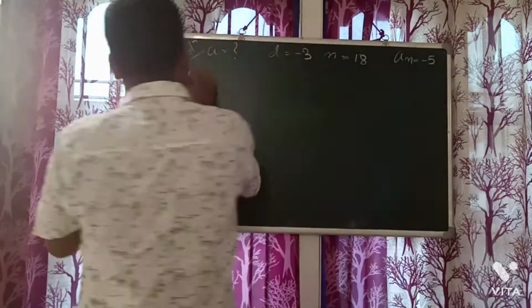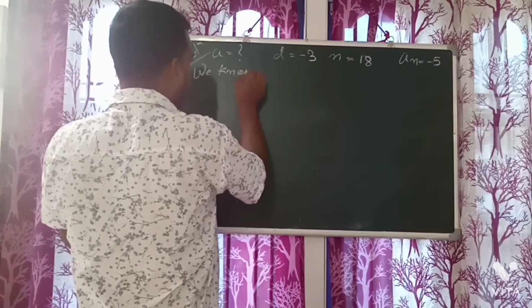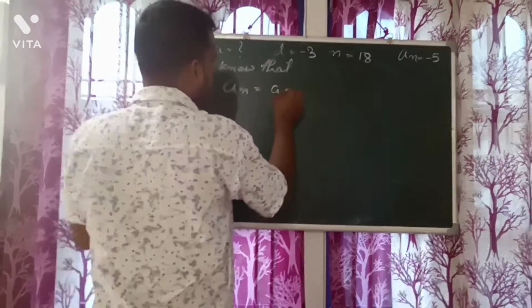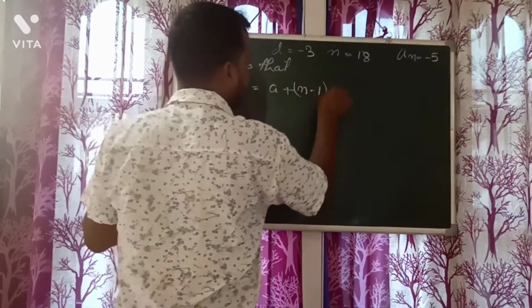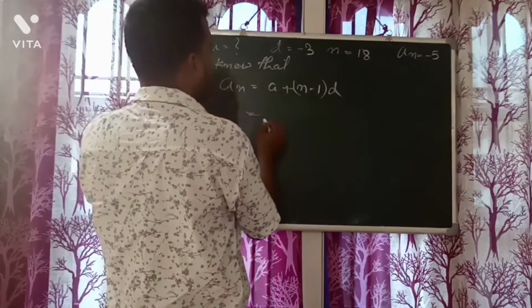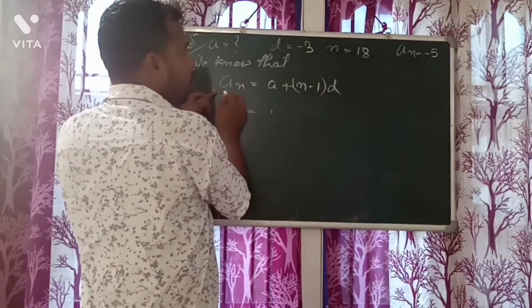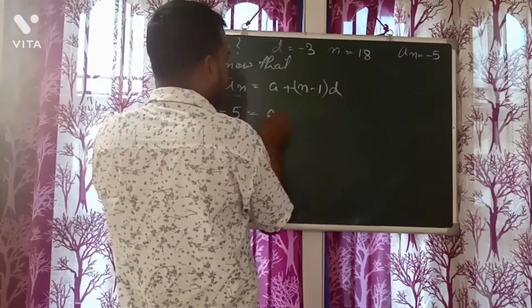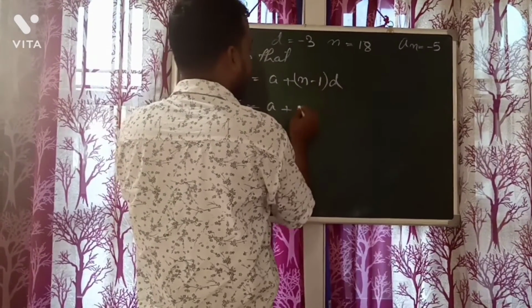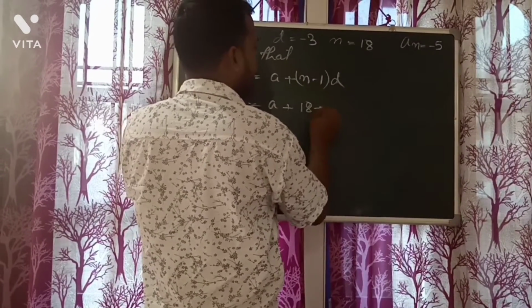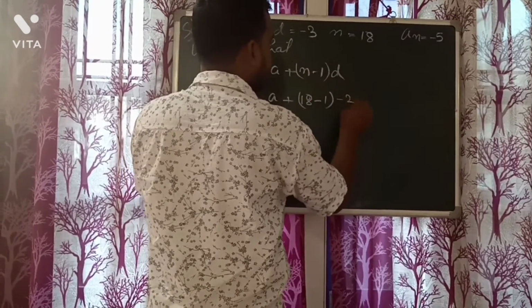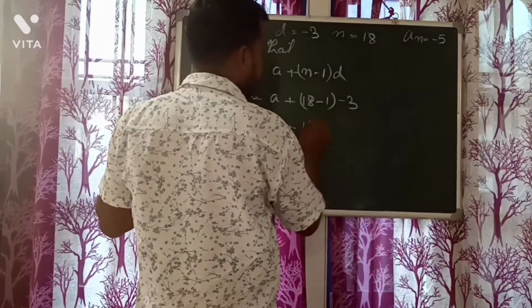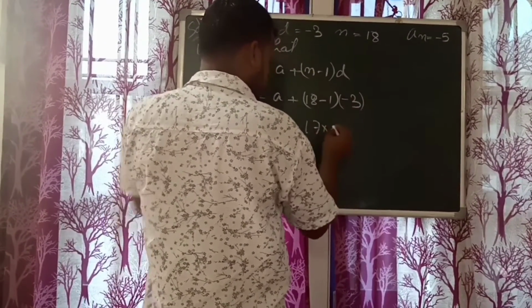Here also, same thing, we know that An is equal to A plus n minus 1 D. In place of A we don't know, but we know An is equal to minus 5, put minus 5, then A only, plus in place of n there is 18 minus 1, D is minus 3. Minus 5 is equal to A plus 17 into minus 3,